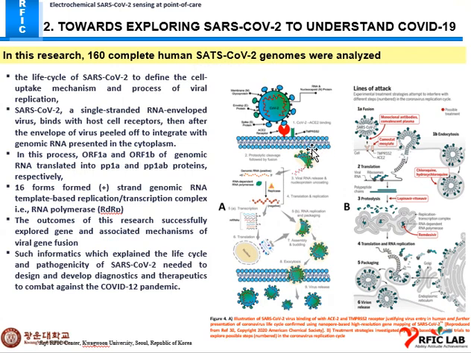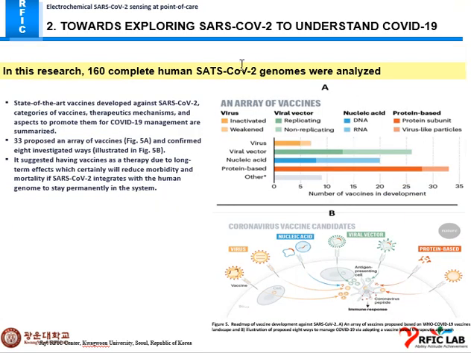I already explained how a virus gets into a cell and transmits to other cells. This is the genomic structure of the coronavirus vaccine candidate. There can be different vaccine candidates based on DNA vaccine, RNA vaccine, nucleic acid based vaccine, viral vaccine, and protein based vaccines. Lots of research is going on in the whole world nowadays.